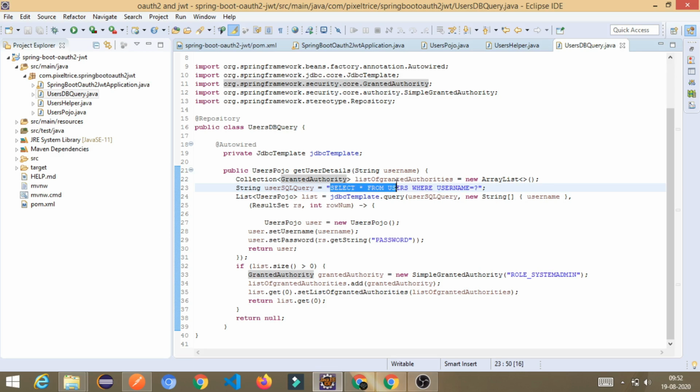This takes select star from this. At the same time, I am passing the username along with that. So it will go into the database and check whatever details match with this username, then it will return that data for that particular user.